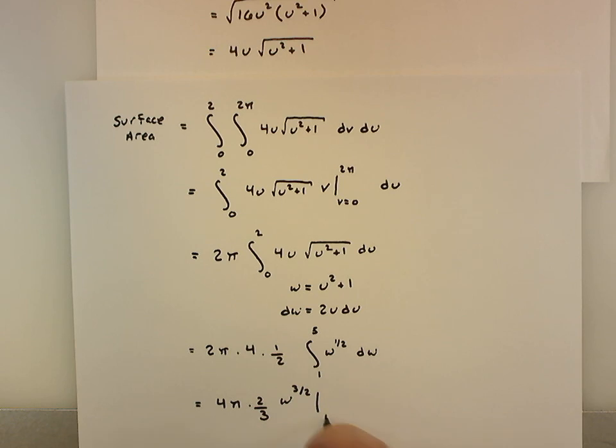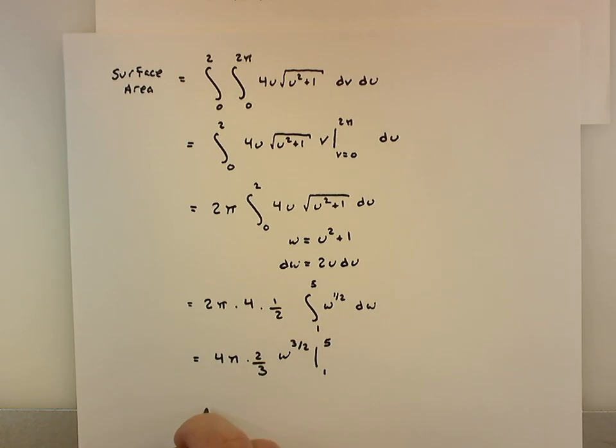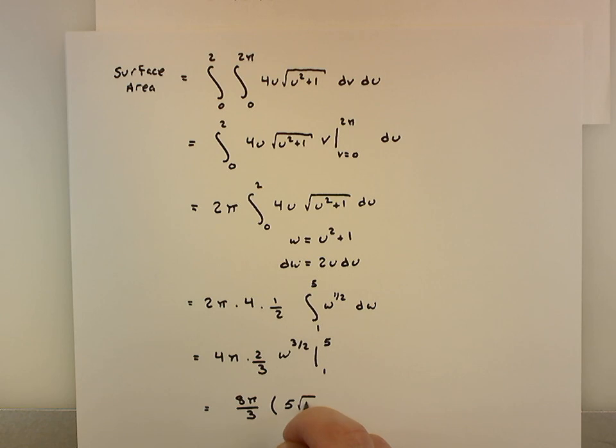I'm evaluating w at 1 and 5, which simplifies to be 8 pi over 3 multiplied by 5√5